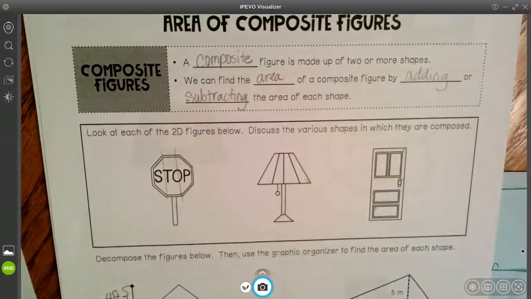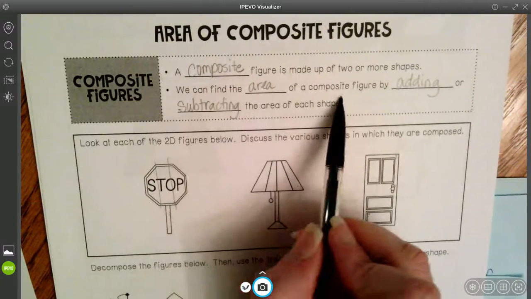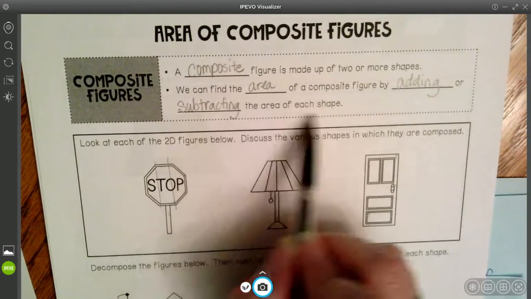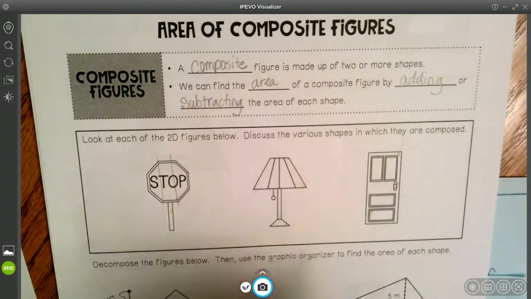Hey guys, let's take a look at area of composite figures today. A composite figure is made up of two or more shapes. We can find the area of a composite figure by adding or subtracting the area of each shape. So first of all, we're going to look at these 2D figures and talk about the different shapes that they